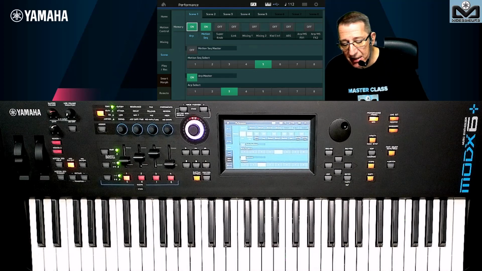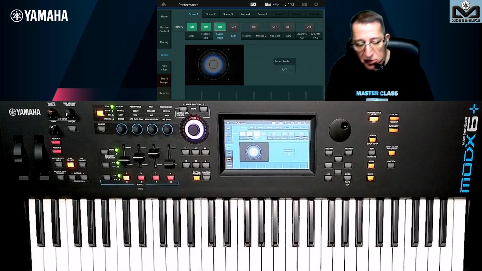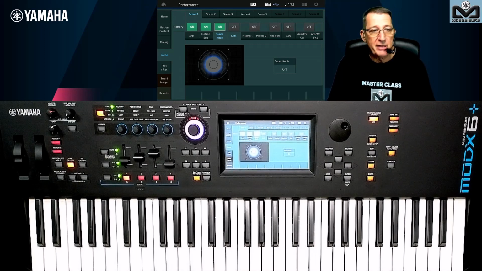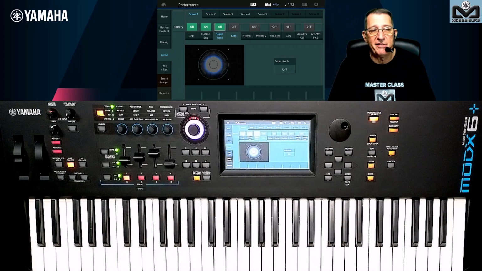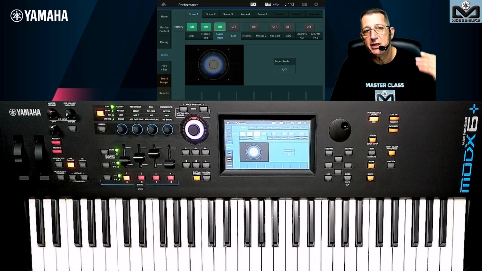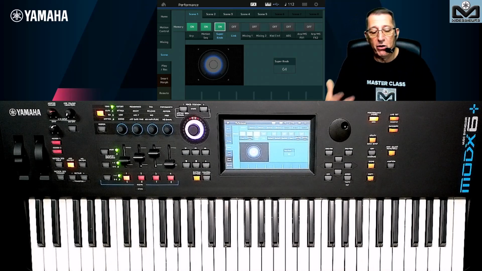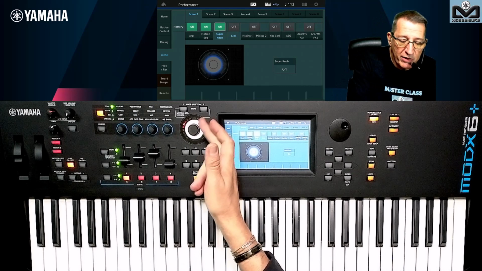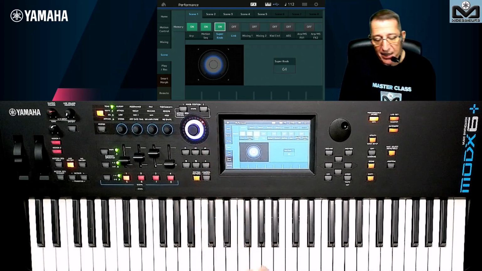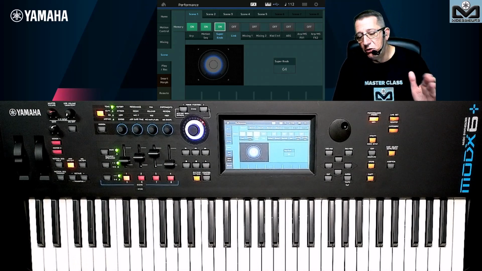So let's come back to scene 1. What you can do that is very interesting is to use the super knob value, because when you want to use the super knob from 0 to the maximum value, it's very easy if your foot control is connected to the FC2 port. But if in your song at one moment you want to have the super knob like this, and at another moment like this, exactly, it's very difficult with your foot control to set the right value.